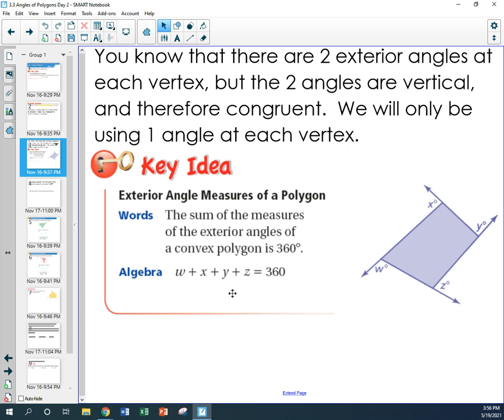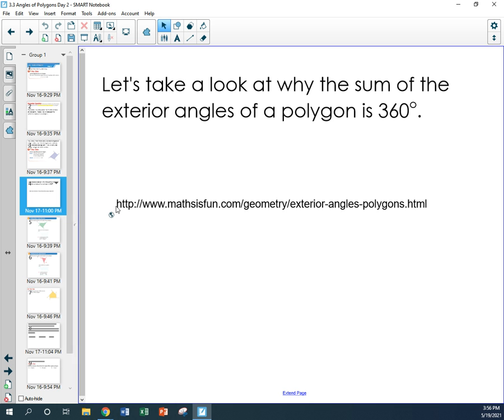The formula is, I would say, not even really a formula because it doesn't matter how many sides there are. It doesn't matter how many angles there are. Every single time, if I add up all of the exterior angles of a polygon, I get 360 degrees, no matter how many there are. So I'm going to show you this